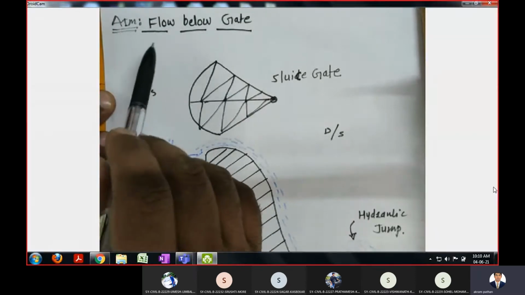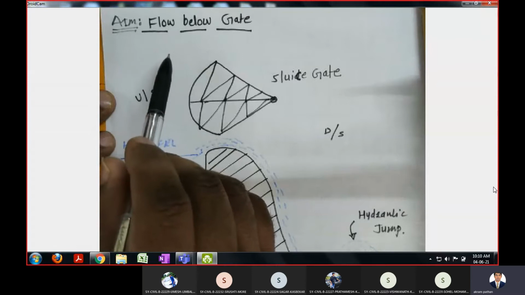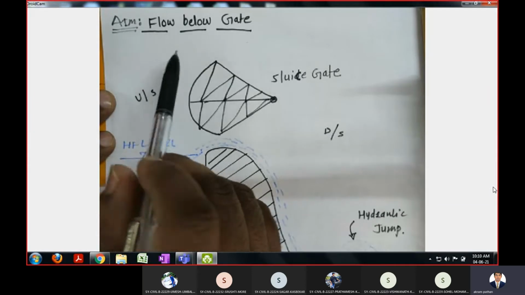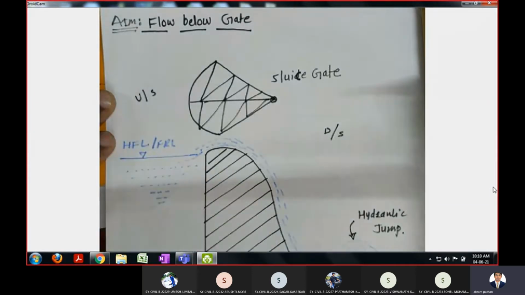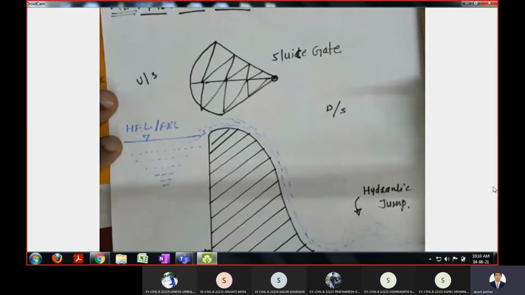Now this practical is very important as far as flow through a channel is concerned. If you want to supply water for the purpose of irrigation, then how much water we have to supply by opening the gate in the channel is very important. How much quantity of water we have to release through the channel by opening the gate depends upon the area to be irrigated.